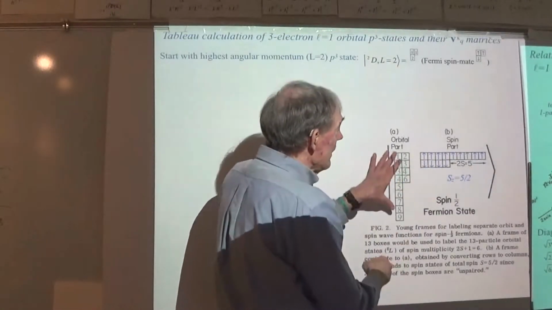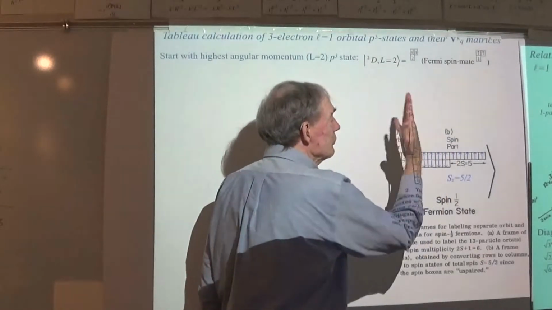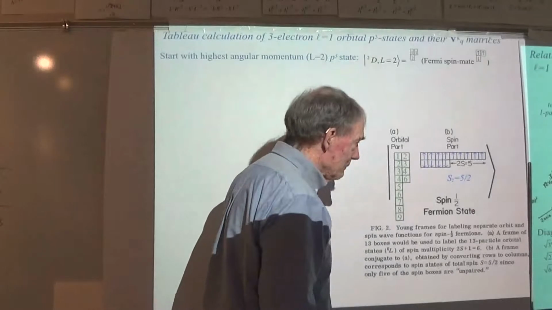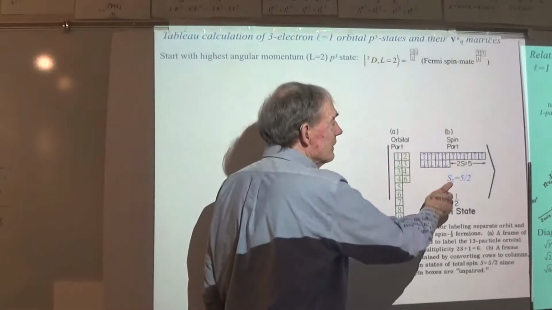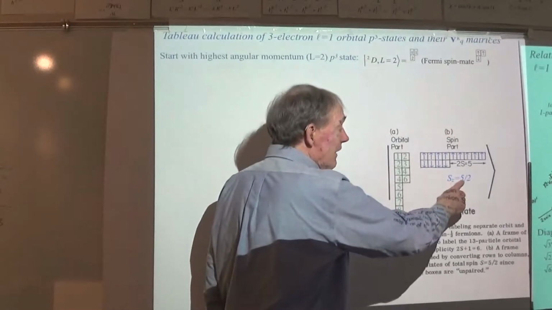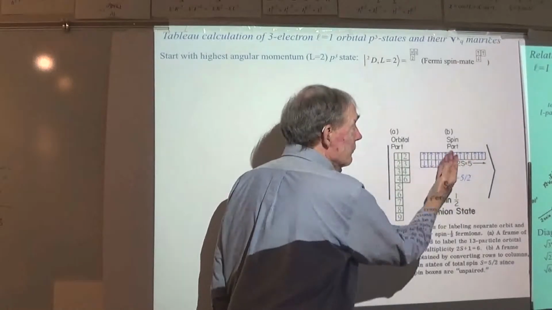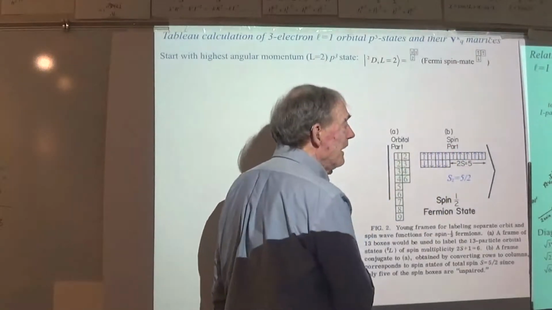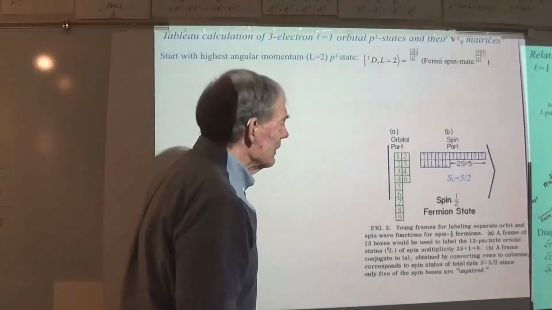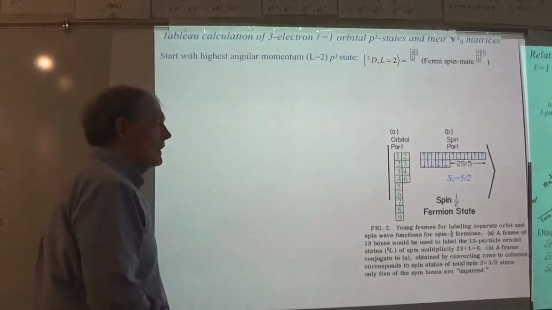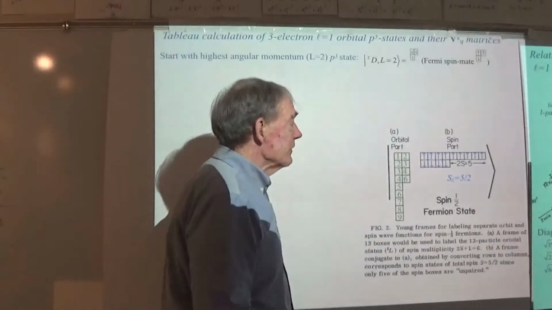That means that this tableau has to be married to the conjugate tableau, spin tableau, okay? And this particular one is showing a spin of 5 halves by having 5 spin-ups. And then the rest of it paired. Okay, so this is some monster shell,